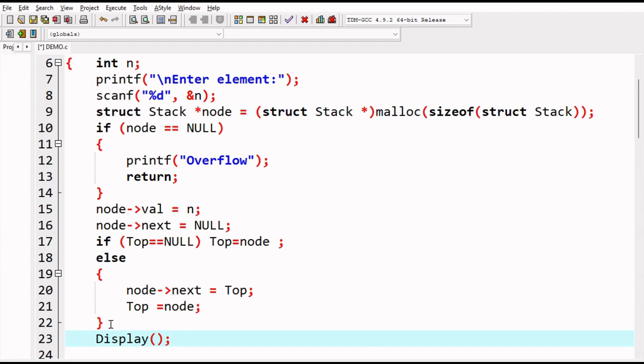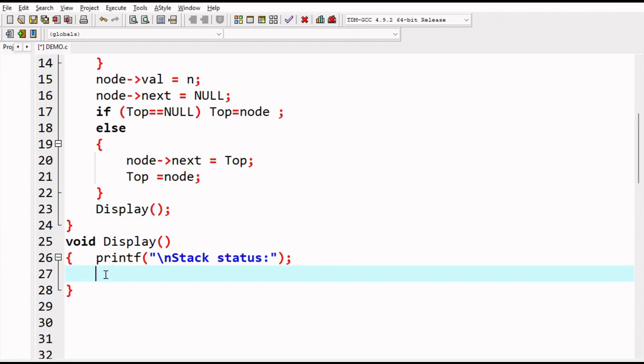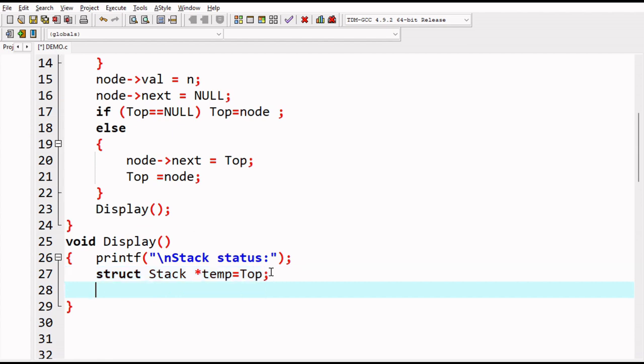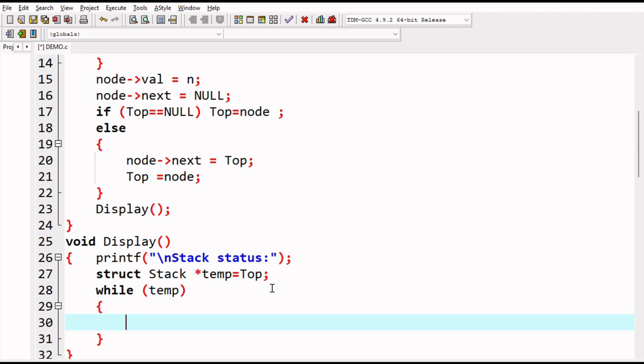But before that, let's have the body of the display written. At any point of time, I'm not supposed to lose track of the topmost node. So I shall have, of type stack, a pointer called temp that takes the same address location that top is pointing to, and I shall run a loop with that temp every time, showing with the appropriate placeholder the data that the temp is pointing to,